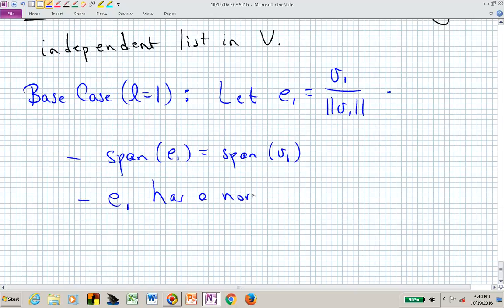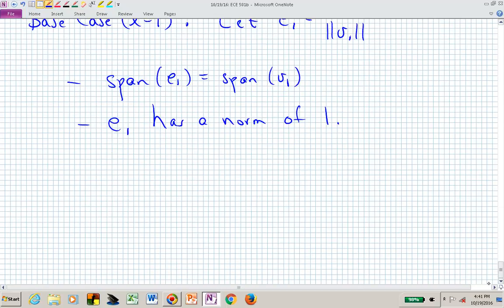But we also know now that E1 has a norm of 1. And you could look at that and say, oh, let me take the inner product of V1 itself and have V1 over norm of V1 inner product with V1 over the norm of V1, basically dividing the norm squared of V1 by the norm squared of V1 to get one. So E1 has a norm of 1. We can now continue